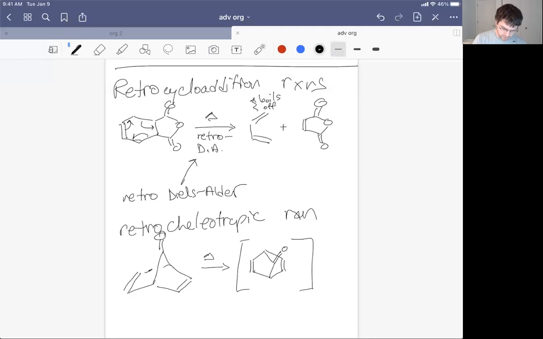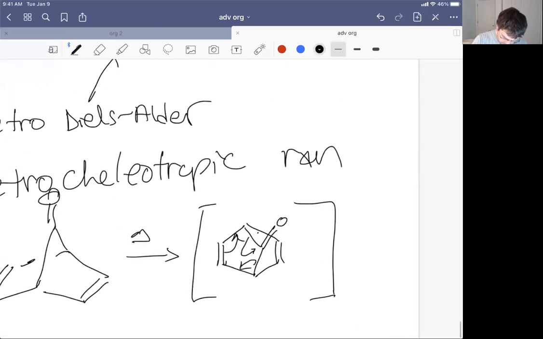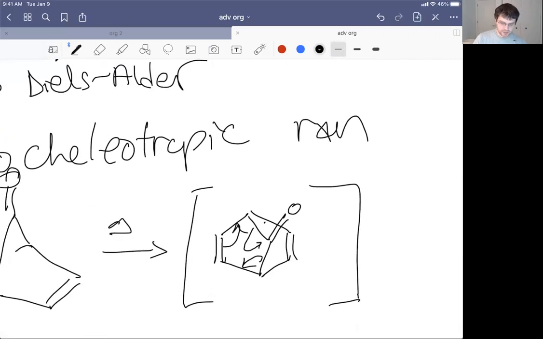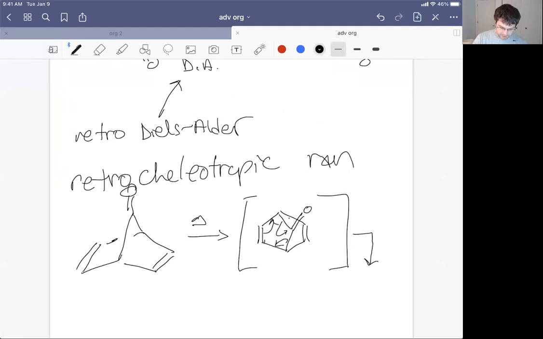I'm going to do a retro Diels-Alder reaction, or excuse me, a retro heliotropic reaction, where it starts to look like a Diels-Alder reaction, but then I'm going to push the electrons onto a single atom, the carbonyl, and then use the electrons on the opposite side to form another double bond. So we actually don't break any of the bonds in the wider ring, but in the 5-membered ring, we break both single bonds. That's going to give rise to carcinogen 1, benzene, plus